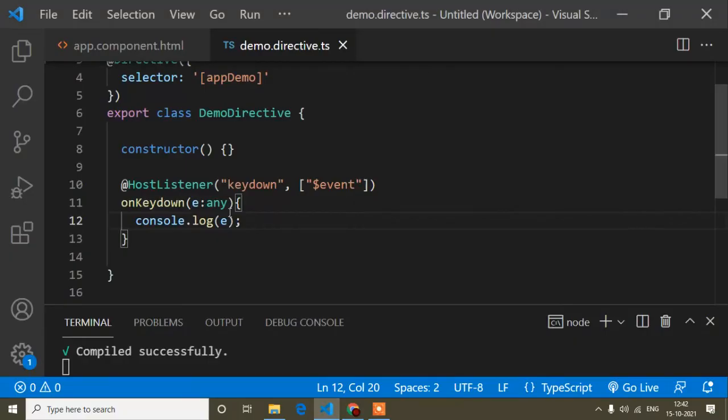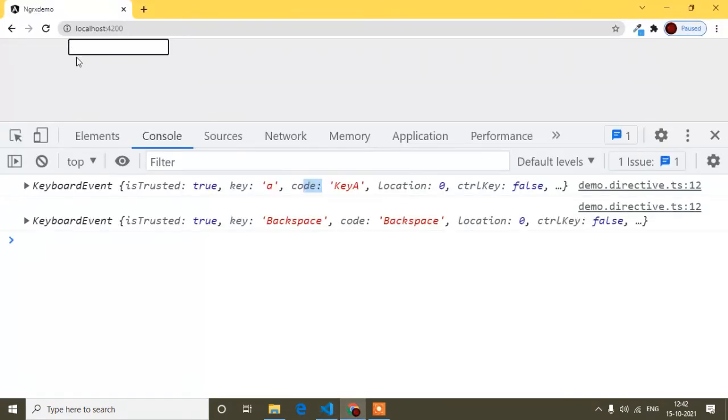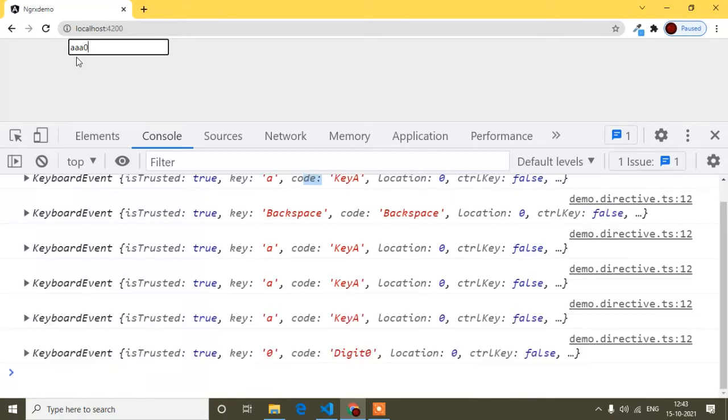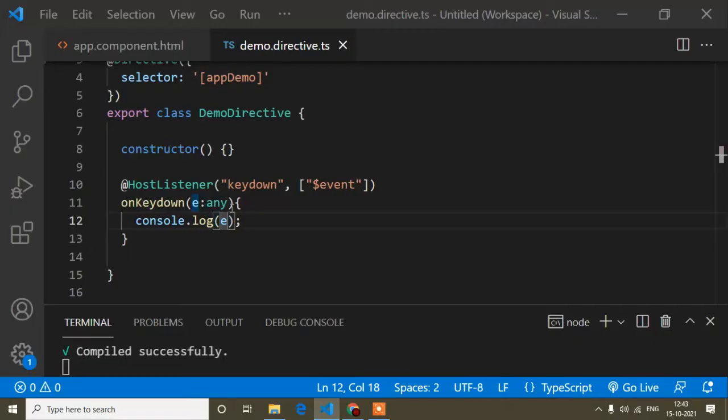Before that, I will show another thing, that I have to restrict the first character 0. Suppose the user presses A, and after that 0, that I will allow. But when the user presses 0 as the first character and then AA, that I will not allow. So that's why I have to take the first character the user is pressing in this input field. Okay, so the other thing is here I will write